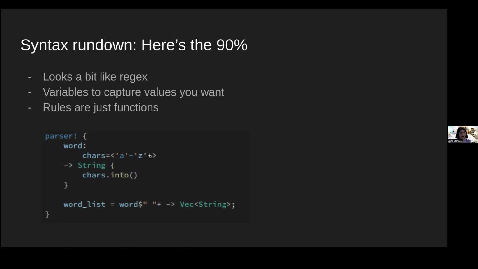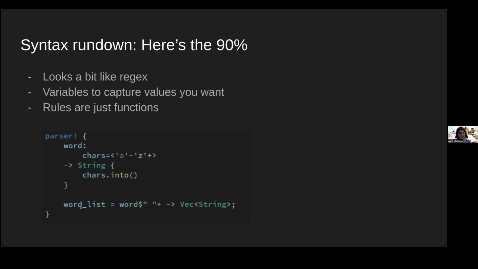And the plus means any number of times, one or more, so just like regex, but I had to change the syntax a little bit because it's within a Rust macro. And these angle braces here just mean that rather than capturing the actual output of this parser, which would be a list of characters, it's going to capture the substring that was parsed. So it's going to give you a string slice, and then we just convert that into an owned string.